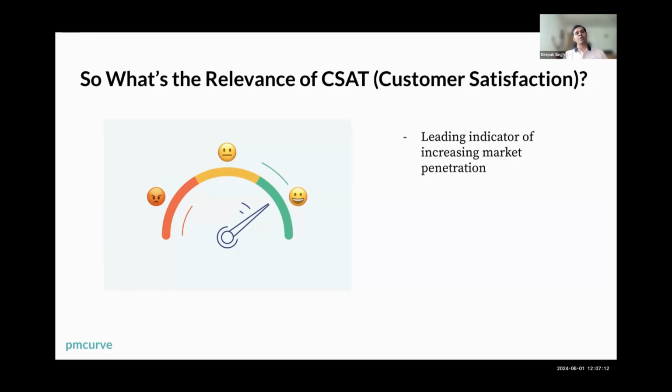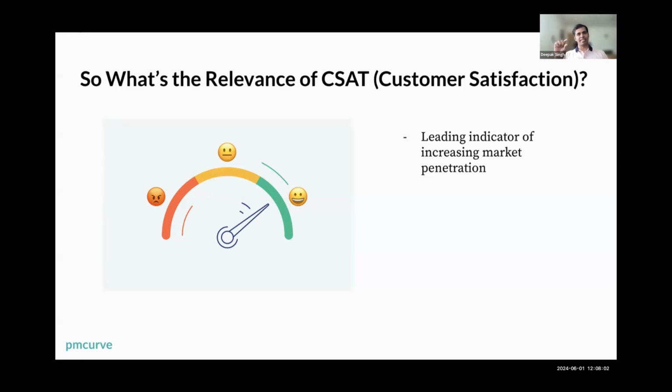Because if you have referral for infrequent products built in, and if your referral is working, you have an inherent PMF. Like I said, in a country with trust deficit, it's very hard for people to refer bad products to their customers, right? And that is part of the reason when I tell people, I'll give you my own example, and this might come off a little bit PM Curve centered, but bear with me, because I like to feel that I have to live what I'm teaching, right? So when I tell people that PM Curve has zero CAC, which is, so far we have spent zero on marketing, and we have gotten this year somewhere around 150, 200K USD ARR, right?